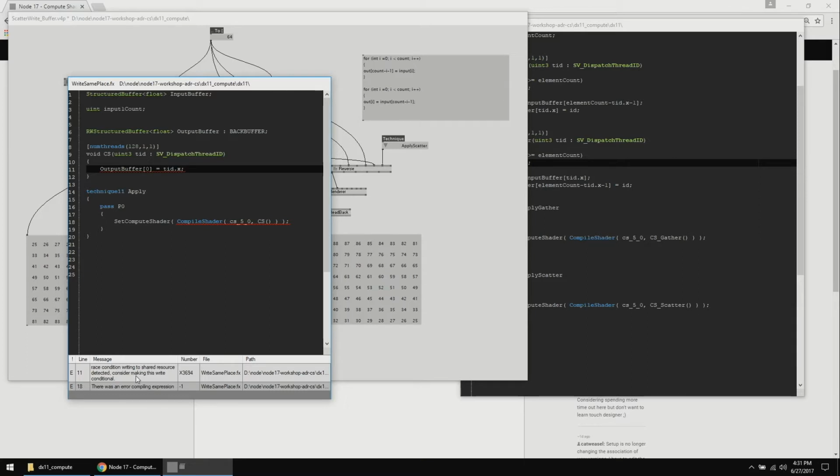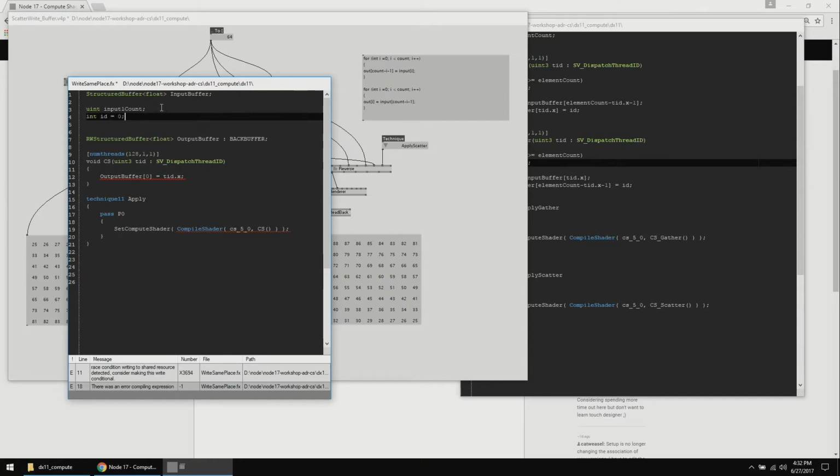Like in the case you're writing the same value, it's not a problem because anyway you will write 0. So if you write 0 1,000 times, it's going to be slower, but it's okay because the value will still be correct. But here the value will not. So the compiler even prevents that for you. But of course, if you have something like,